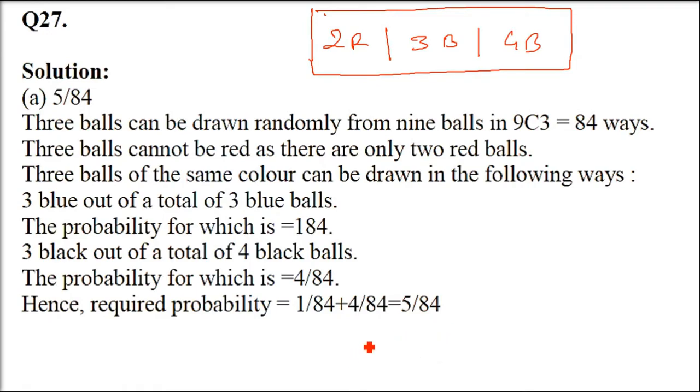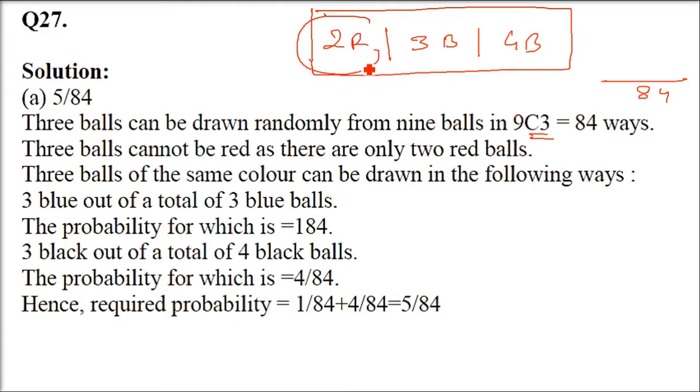First of all, without thinking of anything, the denominator will be, we are taking 3 out of 9, so 9C3, and that is going to come as 84. So in the denominator 9C3, which is 84, that is going to come. The probability that they are of the same color. So there are 3 balls being picked up. Same colors means what? That is picking 3.